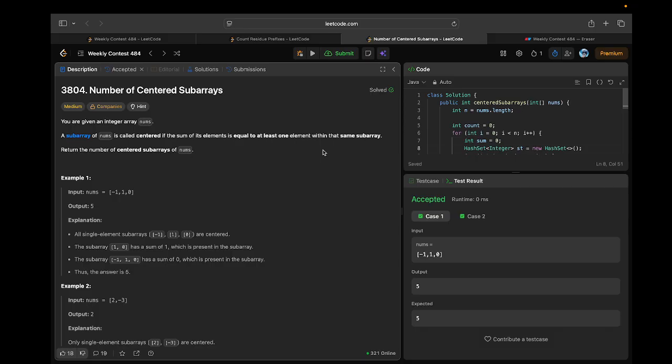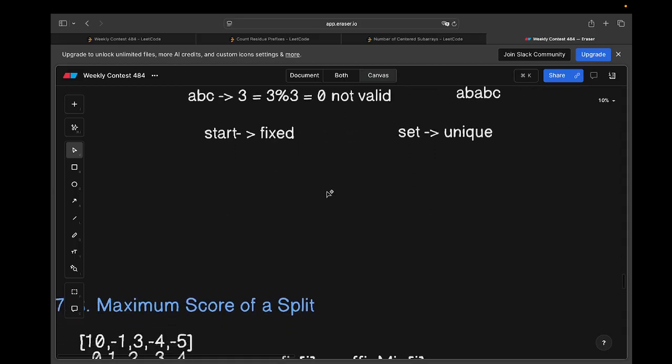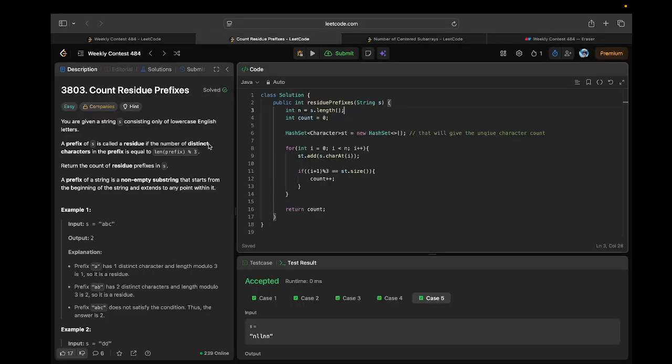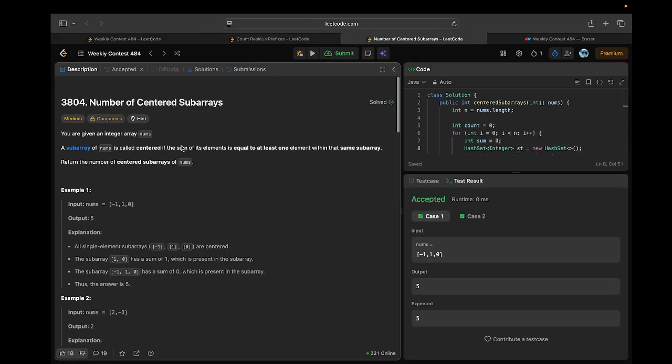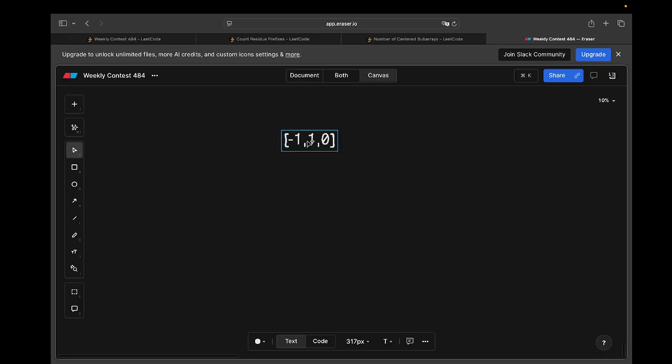Return the number of centered subarrays of nums. Okay, so the problem statement is crystal clear, nothing fancy, nothing complicated. What we have to do, let's see, this is the example, right? Number of subarrays,